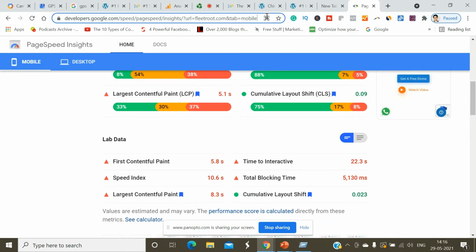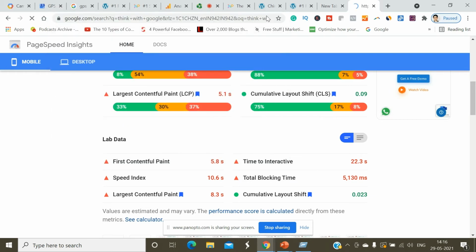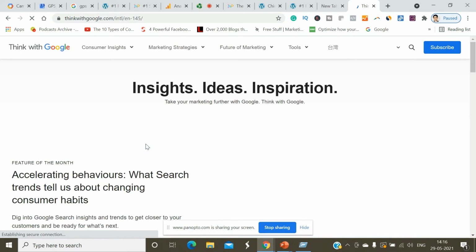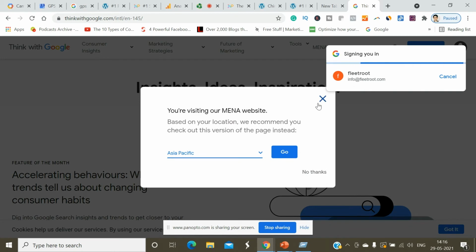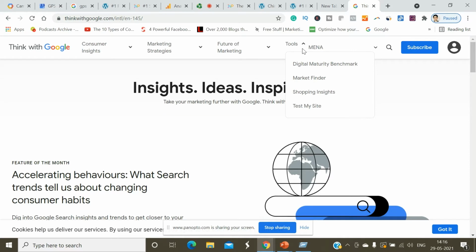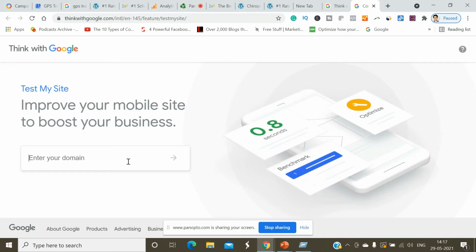So for example, you can go to Think with Google. So I go to tools, test my site. Okay. So guys, this is becoming a lengthy presentation, but I want to give you a brief overview.